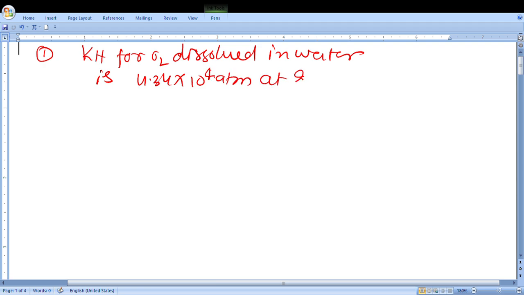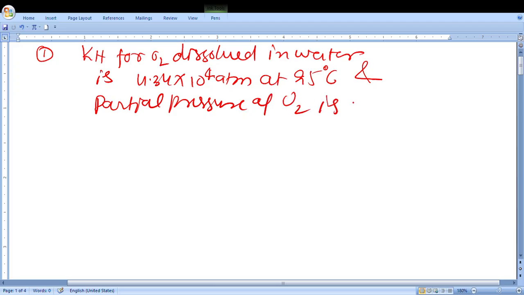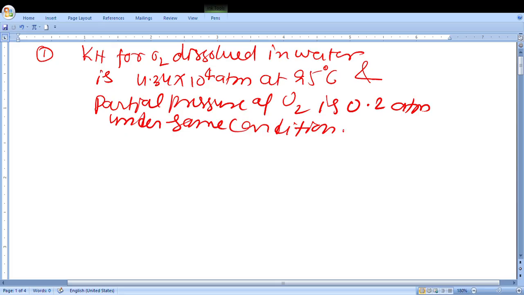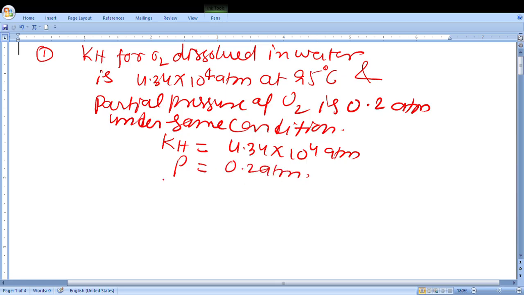at 25 degrees Celsius, and partial pressure of oxygen is 0.2 atm under the same condition. So while solving the question, you must remember, you first write the values given. The Kh is 4.34 into 10 to the power 4 atm, and pressure of O2 is 0.2 atm. You need to calculate